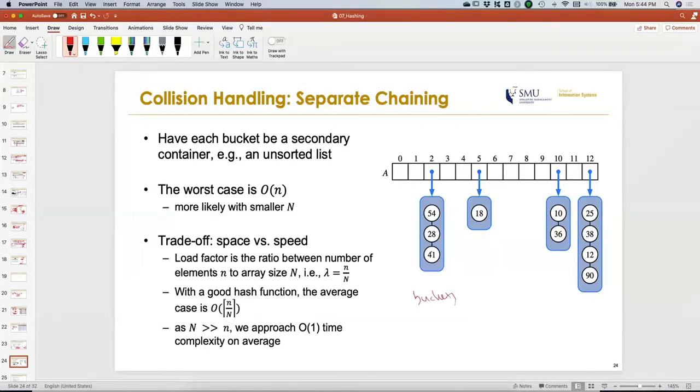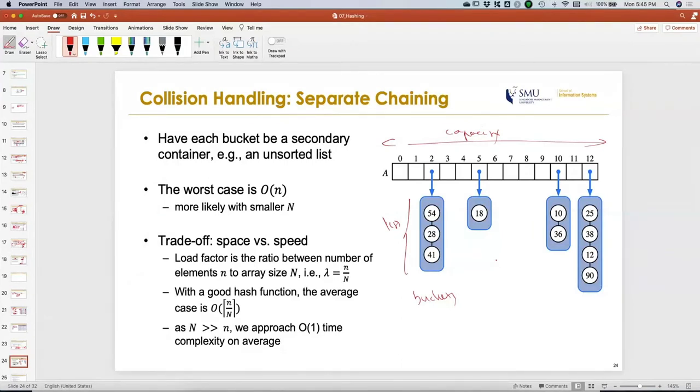We call it separate chaining because effectively you can imagine this to be some form of list, right? You can even imagine this to be some form of linked list. But the idea is that this is going to be something that can grow over time, right? You don't need to specify beforehand what is going to be the size. So that means you don't necessarily commit to the size of the secondary storage, right? But you have to commit to this one. And this one is the capacity. You have to commit to this beforehand because you instantiated with this and you're stuck with that. Whereas the list, the size of the buckets can grow and shrink depending on the actual number of items